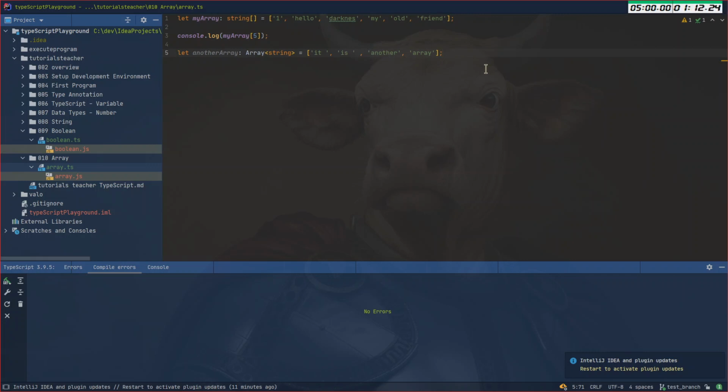And I say log another array, and we will have the second one, for example. And now if I do Control Shift N, what will it do? It will do exactly nothing. That's great. Control